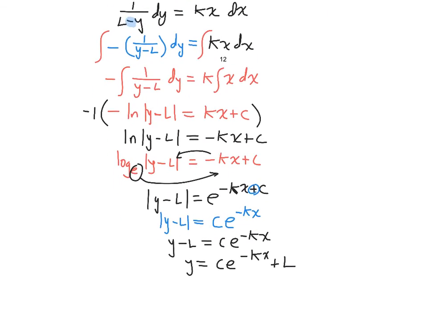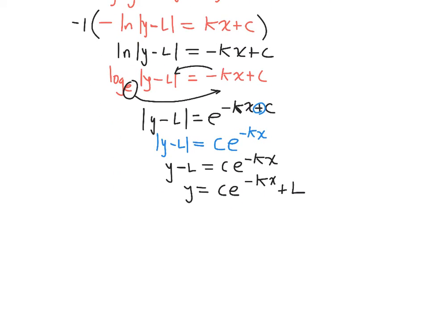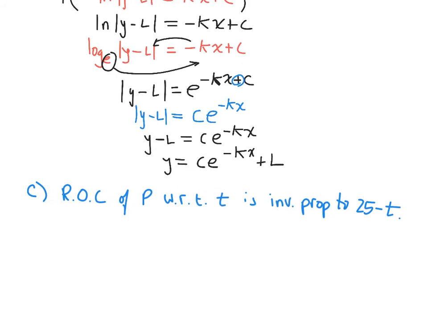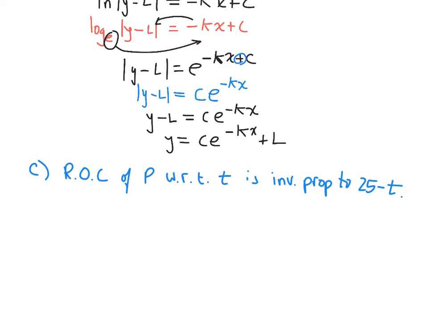So the rate of change of P with respect to T is inversely proportional to 25 minus T. All right, so the first part, just like we've been doing, dp dt, pardon the abbreviations, inversely proportional, so k over,